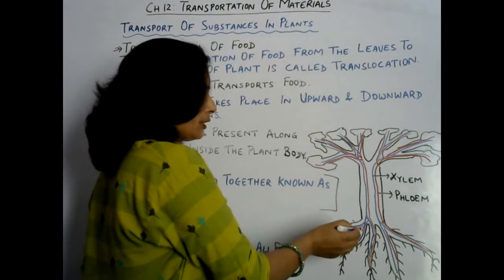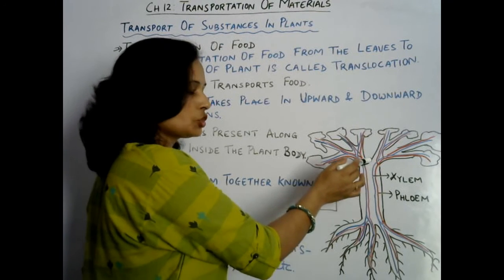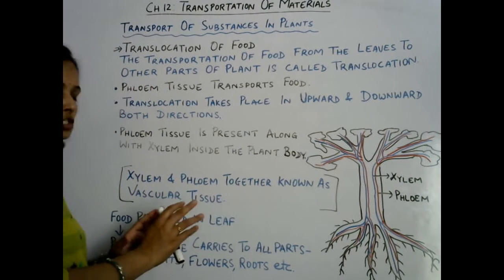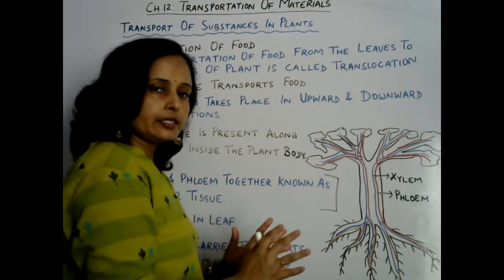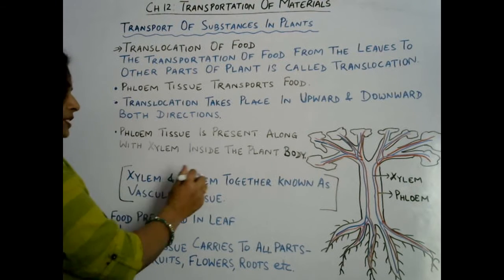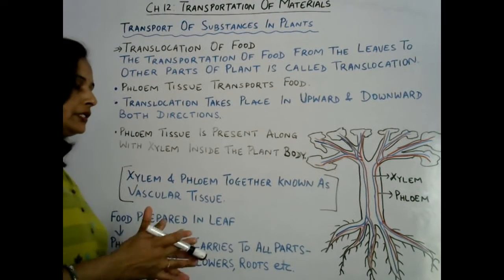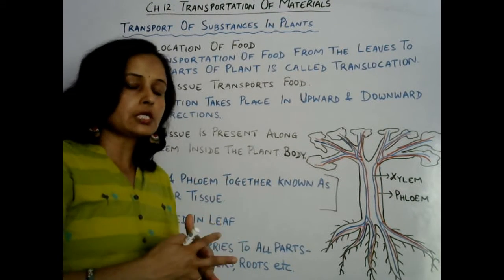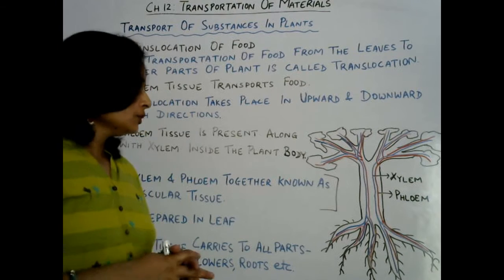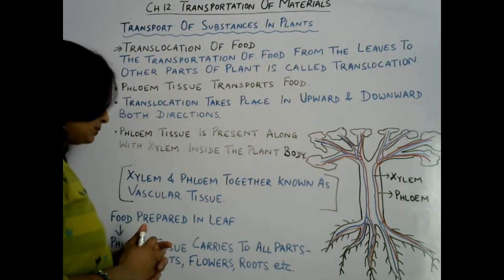You can see in this diagram there is a red line that is showing phloem tissue. So phloem also runs along with the xylem tissue. Wherever there is xylem, phloem tissue is also there. This is also a tube-like structure that carries food to each and every part of a plant. Okay. So phloem and xylem tissue together are known as vascular tissues. Vascular bundles, vascular tissues. So vascular tissues are the tissues that play a role in transportation of materials in a plant, and the main materials are water and minerals and food that is required by plant.